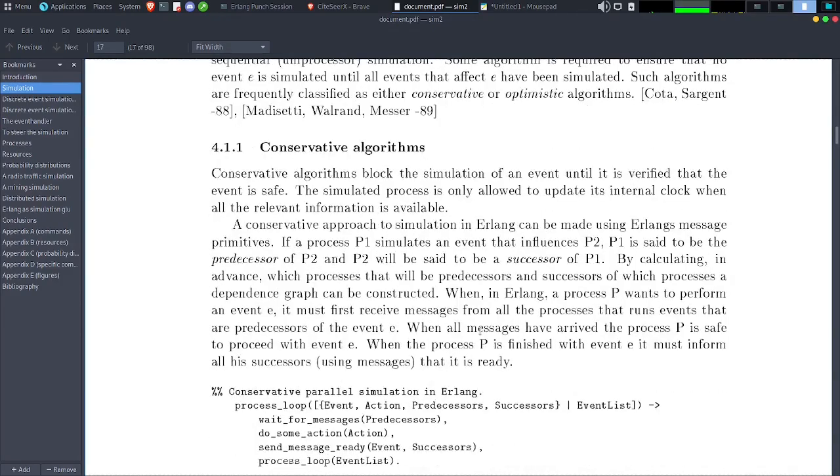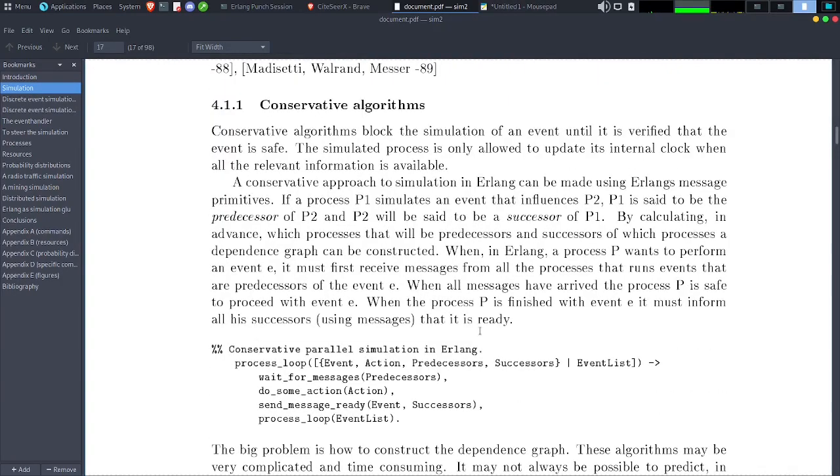Conservative algorithms block the simulation of an event until it is verified that the event is safe. The simulated process is only allowed to update its internal clock when all the relevant information is available. A conservative approach to simulation in Erlang can be made using Erlang's message primitives.